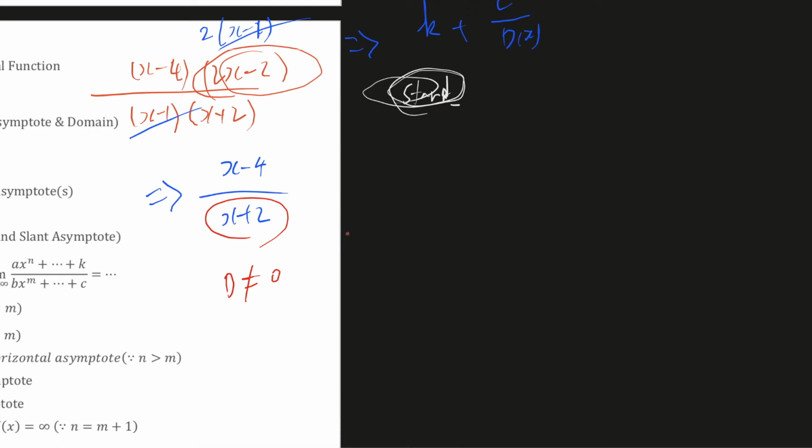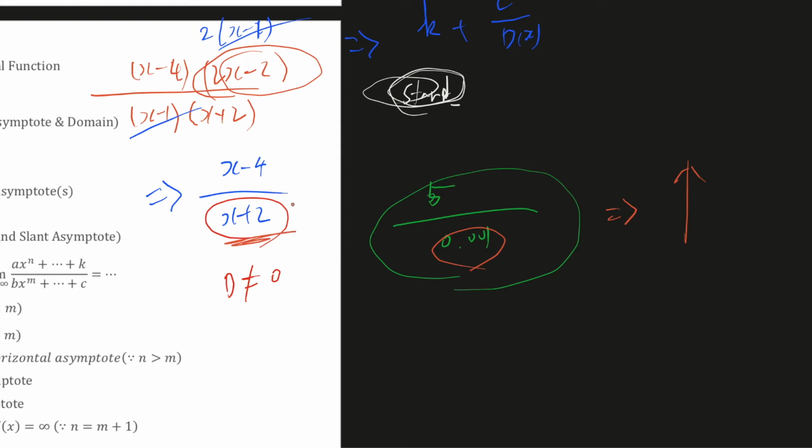And let's try to put any value very close to 0. Let's say it's 0.001, and let's say it's 5. It's a very large number, and as the denominator gets very close to 0, the actual value of the function gets very large. And if this denominator becomes 0, you